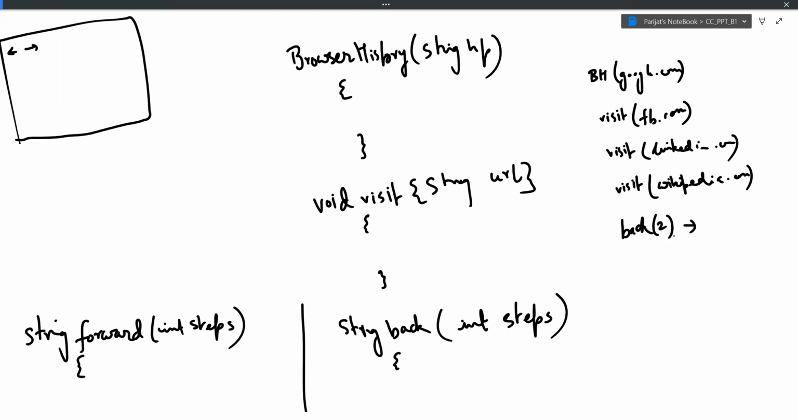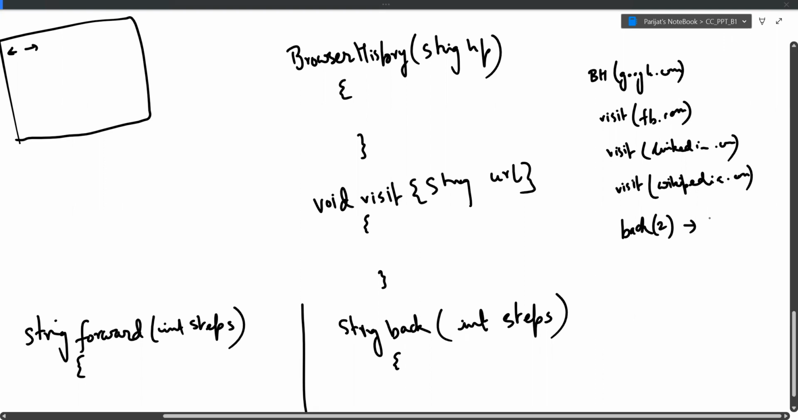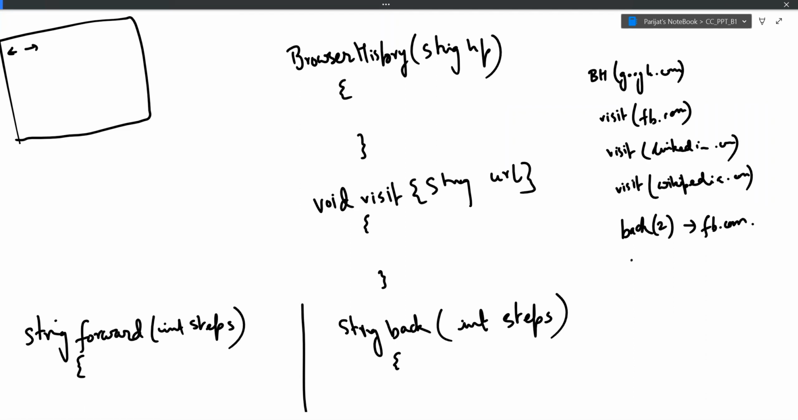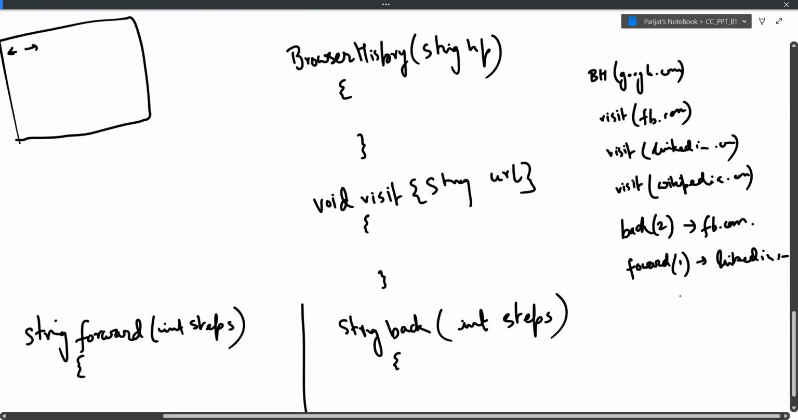So what will be my return? What will be back 2 steps, anyone? Facebook. It will be facebook.com, right? So you have to return fb.com. What will be forward 1 step? LinkedIn. Yes, so you have done back 2 steps. That means you have gone back to Facebook. Now you do forward 1 step, you reach LinkedIn. Now say I do visit